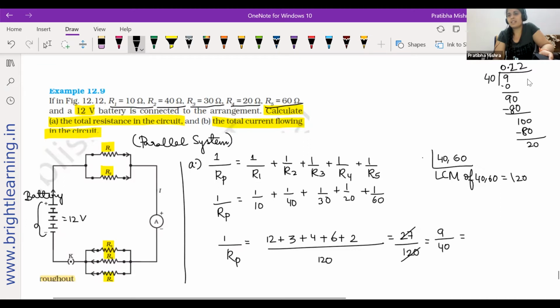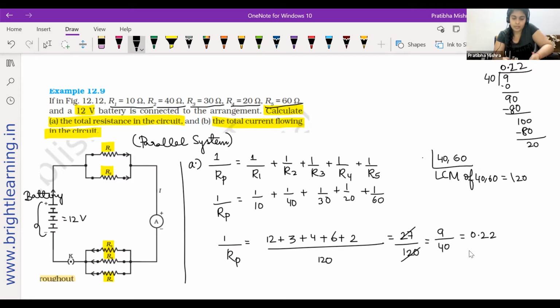So you keep getting something like this. Okay, 0.22, something like this. You can recheck in the calculator, no problem, but first try to do it. Let me just recheck it, just because it's decimals. I'm trying to check it out just to be sure. Okay.